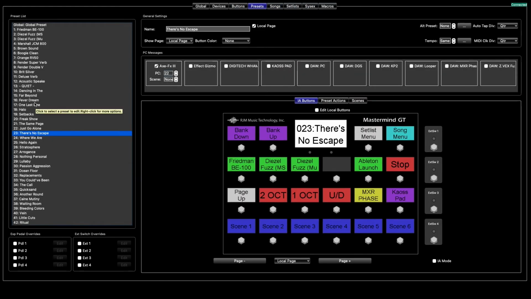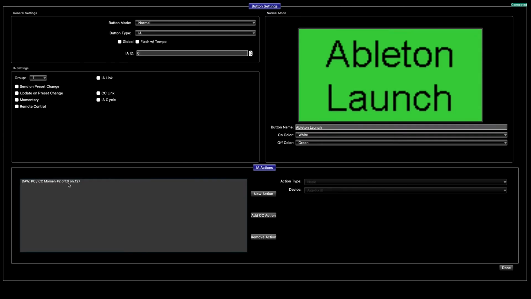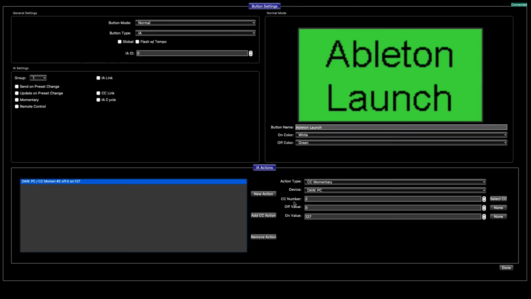Now if we go up to Fever Dream, check out the local buttons and hit that same Ableton Launch button, we'll see that in action we now have CC code number 2. So there you have it, different songs, different local pages with different buttons. That allows us to select whatever we need in Ableton, which, speaking of, if we had a look at my